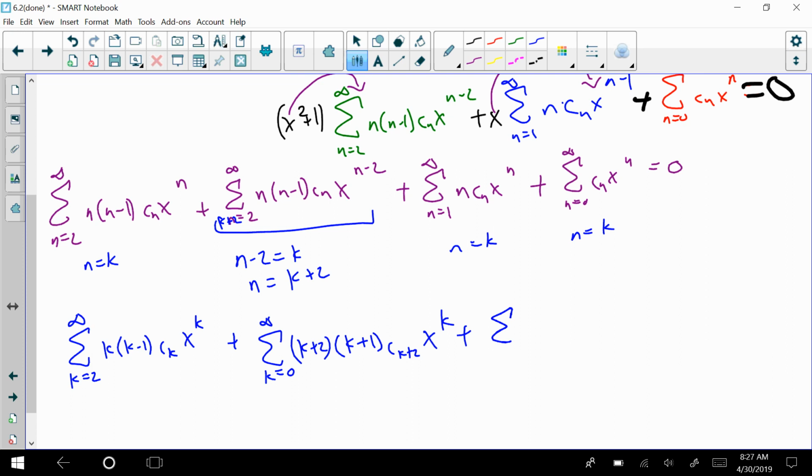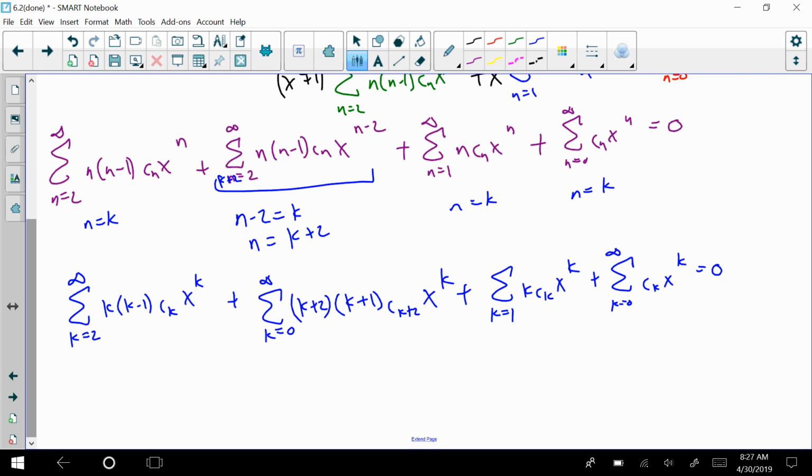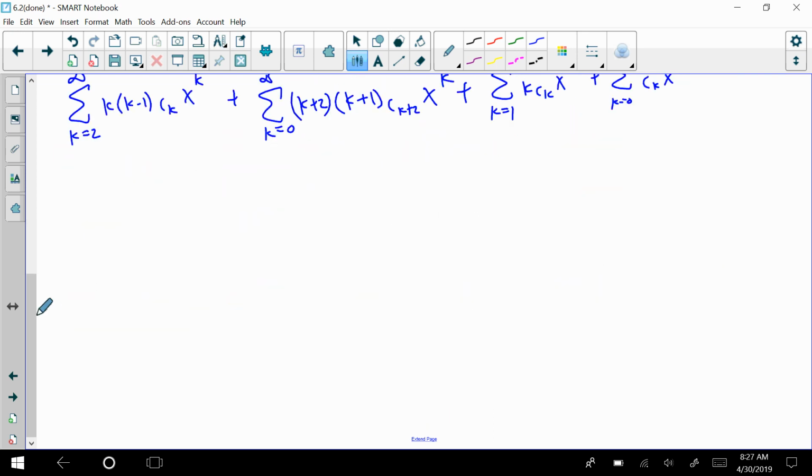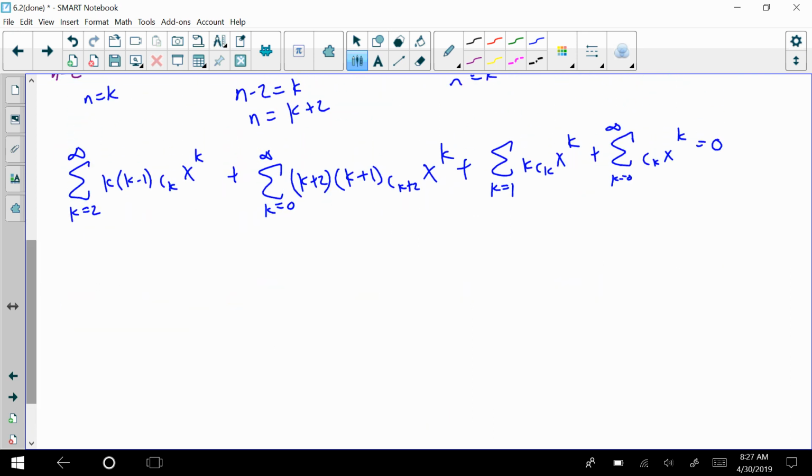plus, and then I get away with k equals 1 to infinity of k, c sub k, x to the k, plus the summation k equals 0 to infinity of c sub k, x to the k, equals 0. So hopefully that all makes sense. That's from the previous couple videos, including 6.1. After that,